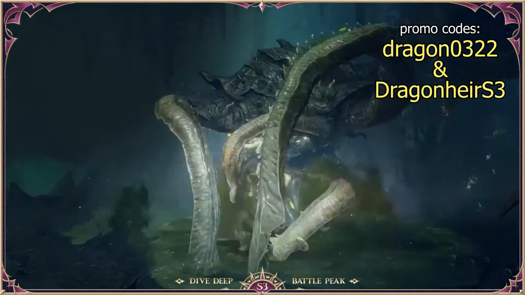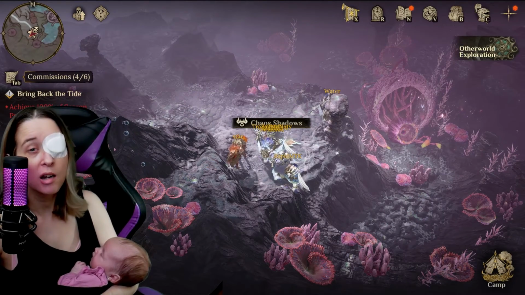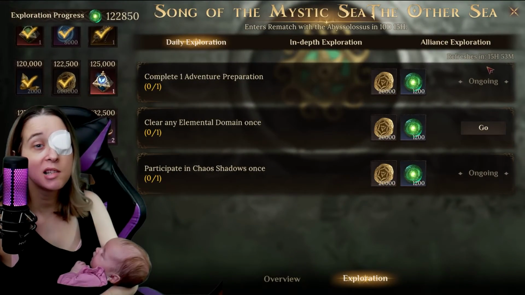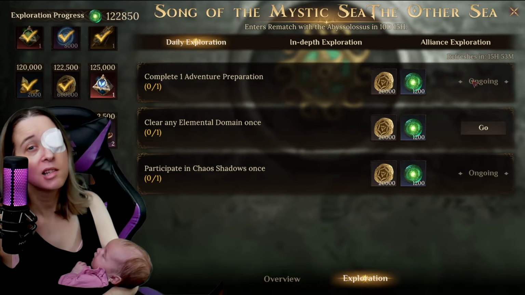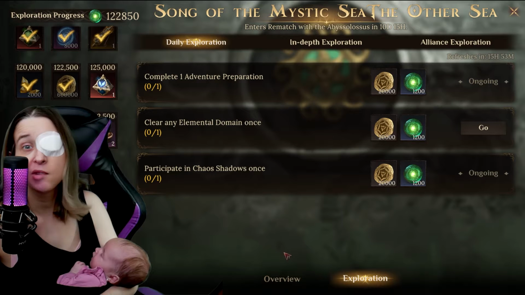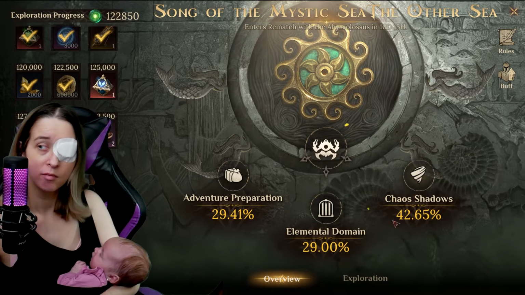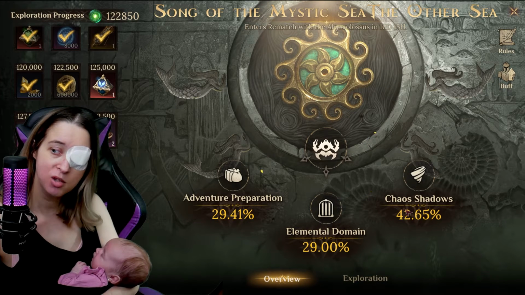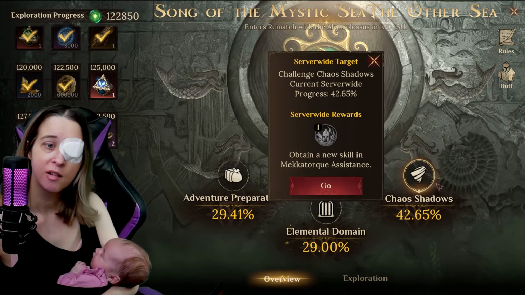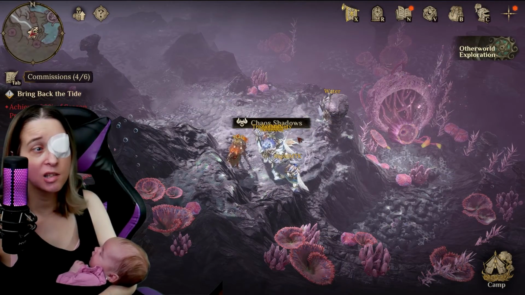So before Otherworld Exploration started, I was already prepared. I had saved team presets for 15 teams, actually for 14. And then I knew Team 15 would just be the leftovers, I guess you could call them. So yeah, I'm going to show you what I'm using for the Chaos Shadow part of Otherworld Exploration, because it's a very easy season to do 15